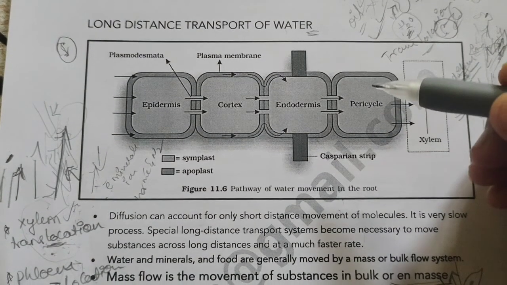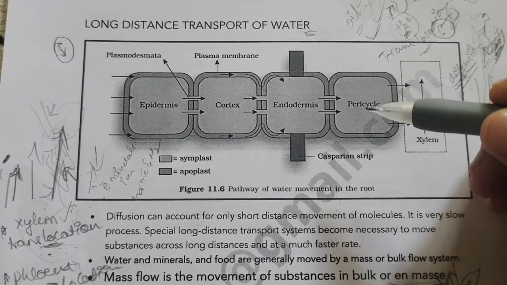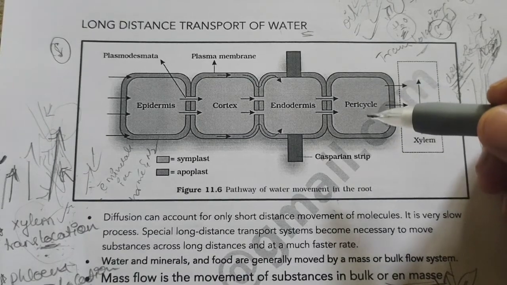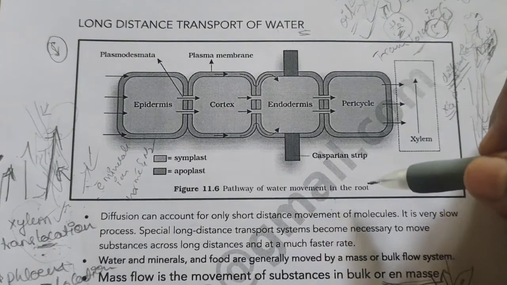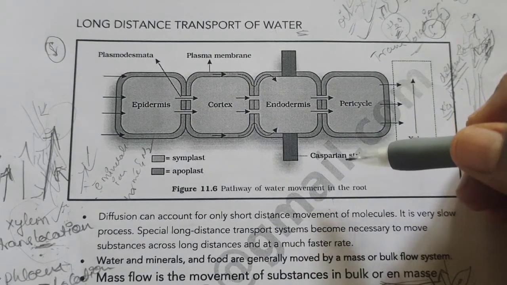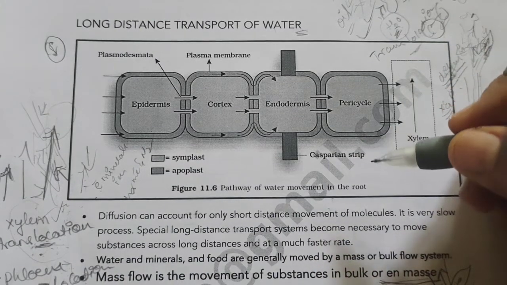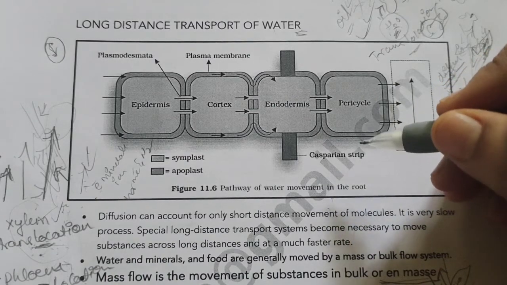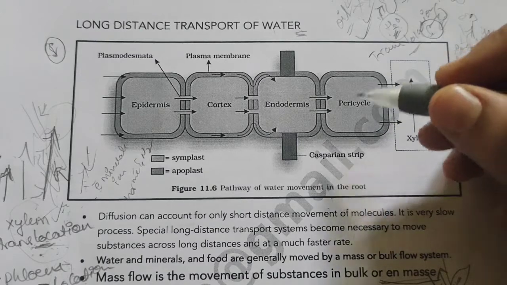In this class, we shall recall how water is translocated inside the plants over a longer distance. So in this session, we shall discuss the long distance transport of water. As you all know, water is very essential for plants to perform their daily metabolic activities or functions. And you also know that there is only one organ in the plant that is related to the absorption of water.